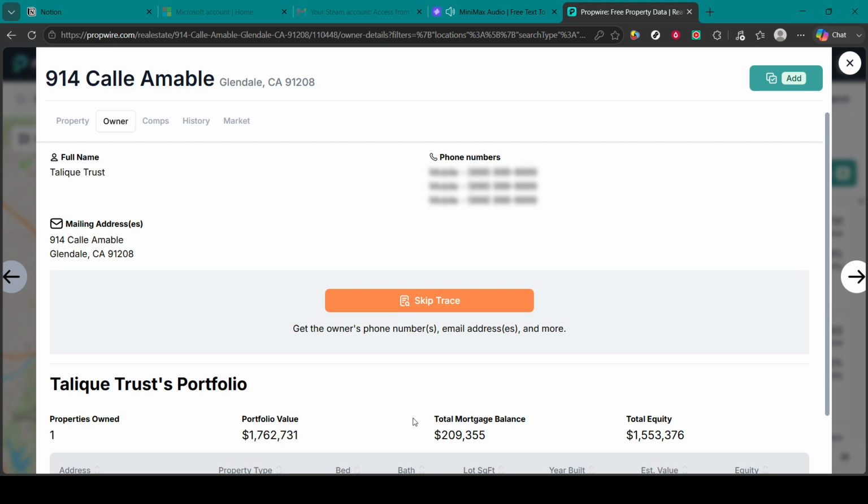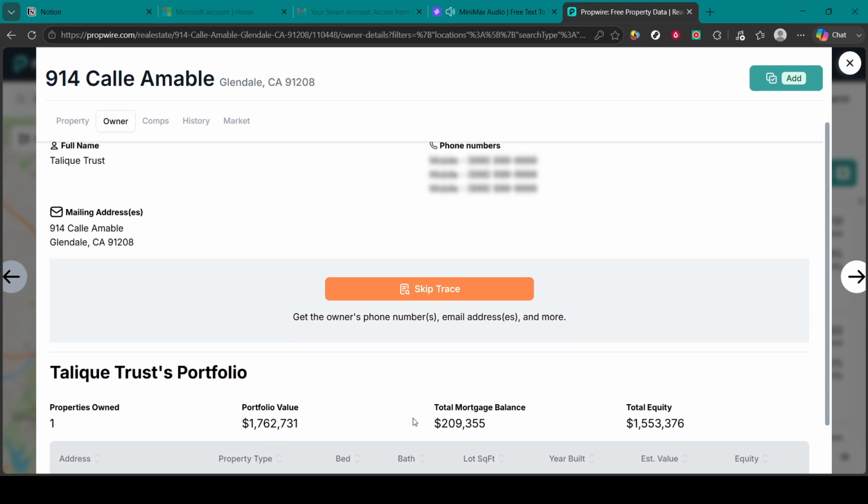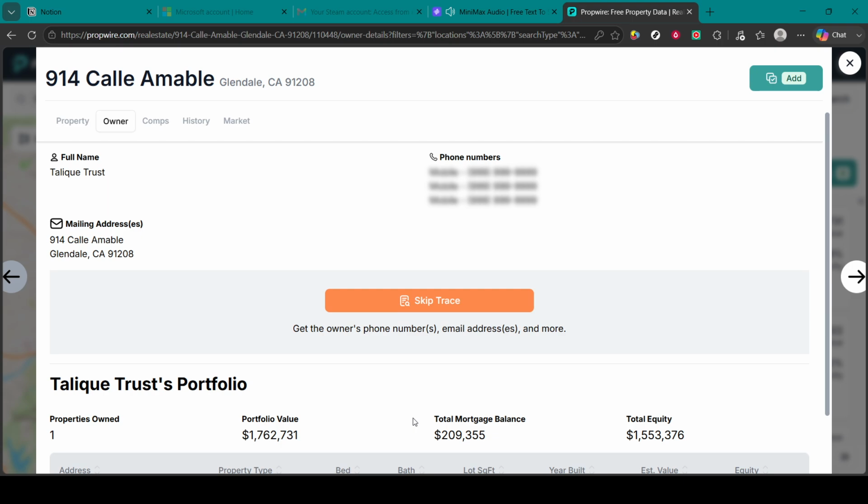The mailing address information is typically pulled from available public records, such as tax records. This address may be different from the property address, especially if the owner lives somewhere else or if the property is being used as an investment. Review the information carefully to make sure you are looking at the correct property and owner details. Having the correct mailing address can help you reach the property owner when direct contact through other methods may not